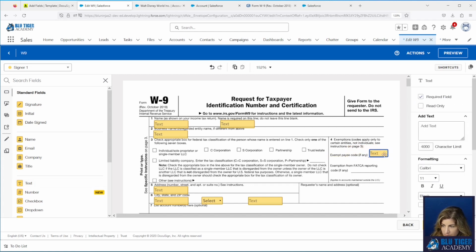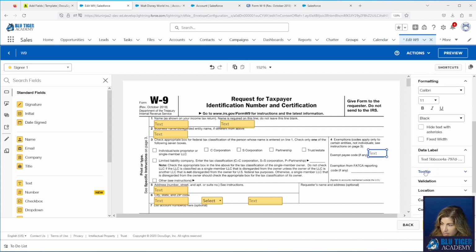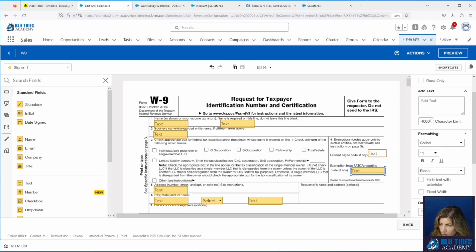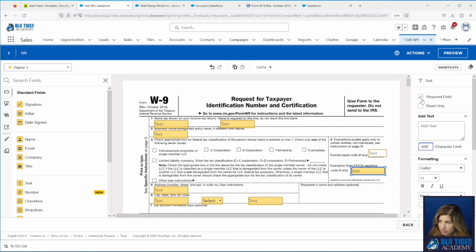These are all optional. So I'll uncheck that. Probably don't want to have a 4,000 character limit on that one. And then you can name these accordingly. Now, we're not saving these as custom fields, so they're just going to be on this document. So whether or not you name them all isn't too terribly important.